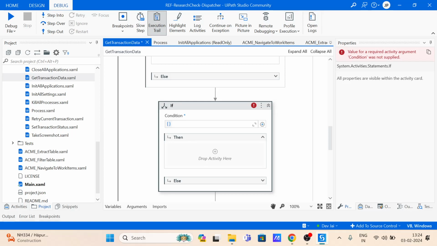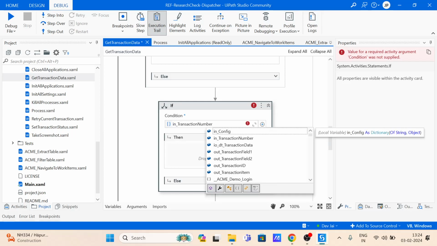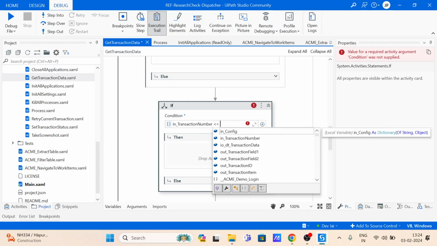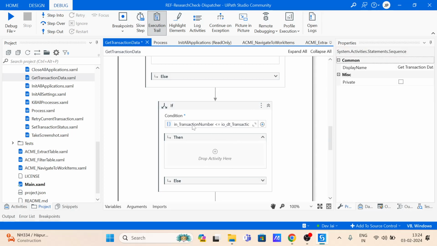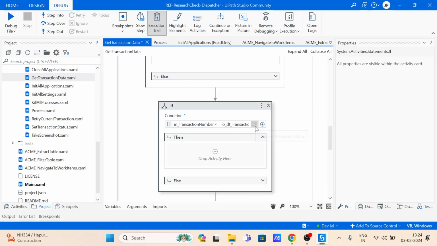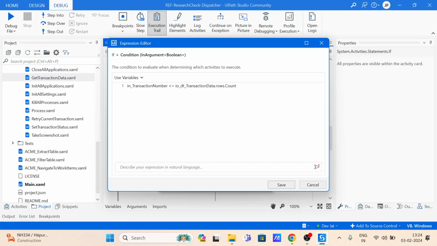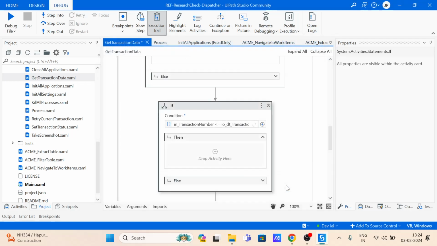ठीक है, अब यहाँ पे क्या होगा, हमारा जो ट्रांजेक्शन नंबर है वो अभी 1 है इस ट्रांजेक्शन के लिए, आगे जाके वो बढ़ेगा, राइट? सो अगर मेरा ट्रांजेक्शन नंबर less than IO DT ट्रांजेक्शन डॉट रोज डॉट काउंट, मतलब वी आर काउंटिंग ऑल द डेटा रोज। सी, ये भी इंटीजर है, ये भी इंटीजर, बिकॉज वी हैव यूज्ड काउंट। दैट्स व्हाई वी कैन कंपेयर बोथ ऑफ देम। अगर एक भी वेरिएबल यहाँ पे अलग डेटा टाइप का होता है, वी कांट कंपेयर देम। अगर ये पार्ट आता है, मतलब वन इज लेस देन ऑल द रोज, ऑब्वियसली इट विल बी गोइंग इनसाइड बिकॉज देयर आर मेनी रोज विच आर ग्रेटर देन वन।